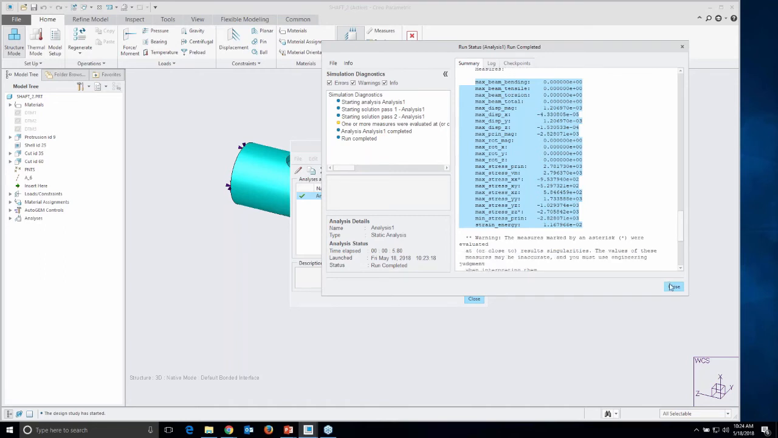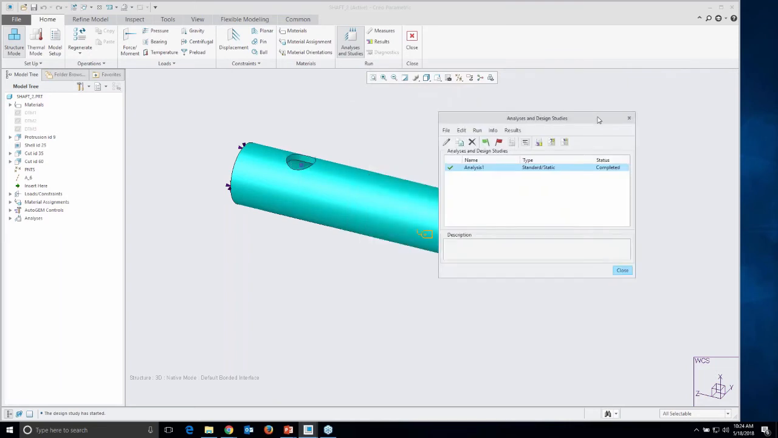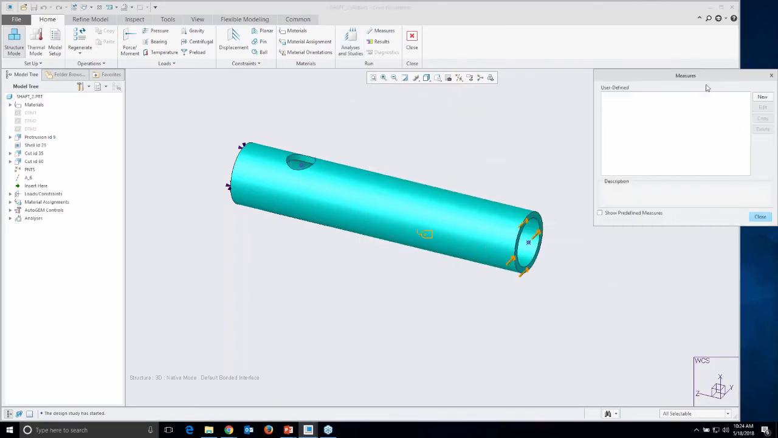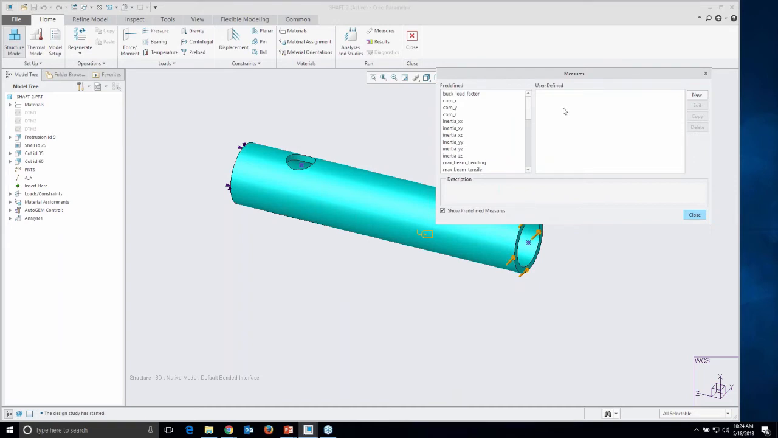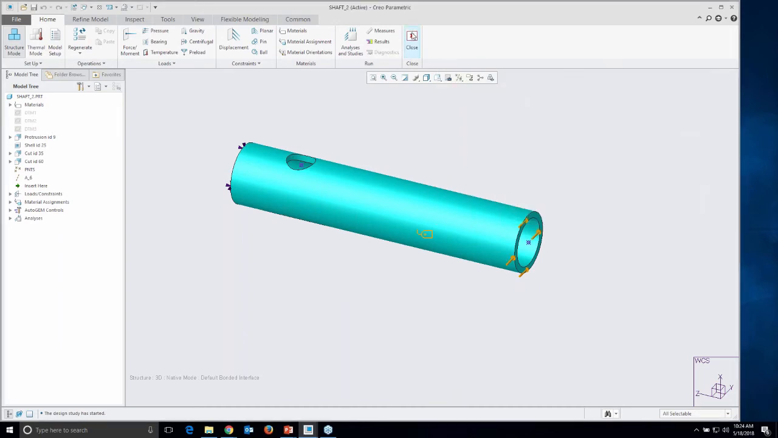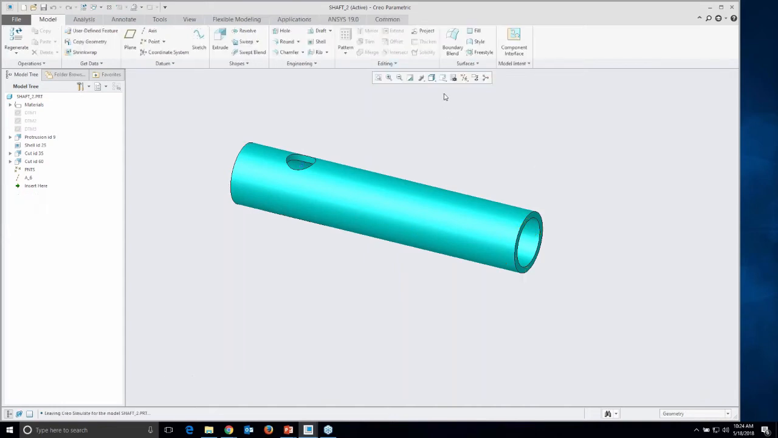Okay, so I'm going to just close it. I could also make new ones on the measure. I could make some new user-defined measures too that I can pass back to Creo as well. But I'm going to show you how the integration works. I'm just going to close Simulate. I have to run a simulation ahead of time just to define the analysis, because inside of Creo, to integrate